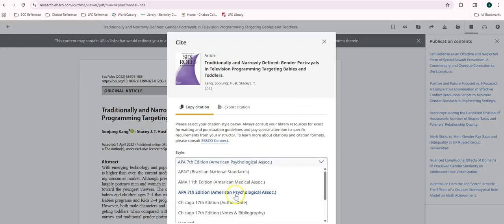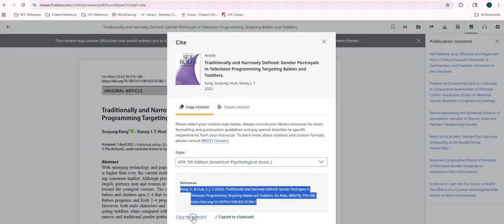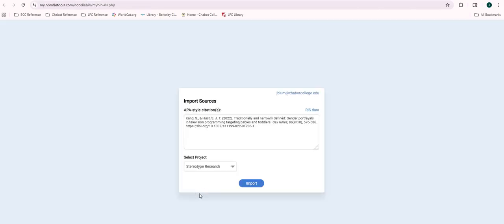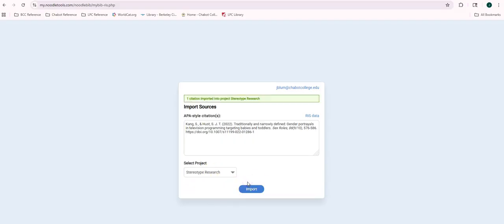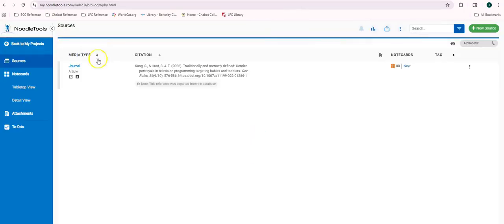Here I get to select which format I'd like to use, so I'm selecting APA, and I can either copy this and then paste it into whatever document I might be using, perhaps a Word doc or a Google Doc, but I can also export my citation. And I'll select there, export to Noodle Tools. I get to select which project I want to export this reference to. And then once I've done that, I can navigate back to my projects, click into that folder, and I will see that my article has